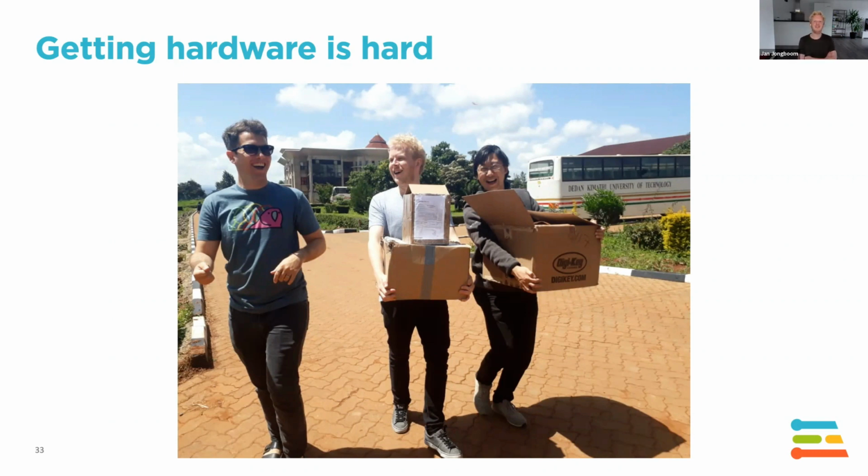The coordination we needed to get all of this hardware into the right location for the workshops, man, that has been traumatizing. During my first trip to Tanzania, my box was being held, I think in Kenya, when I was doing a transfer, and they didn't want to give my box back. They wanted to know what was in there. A whole back and forth. And I was incredibly worried because the next day I had to give a workshop to students.